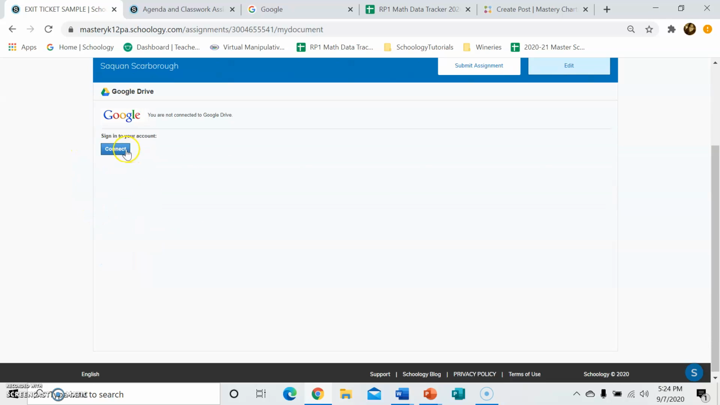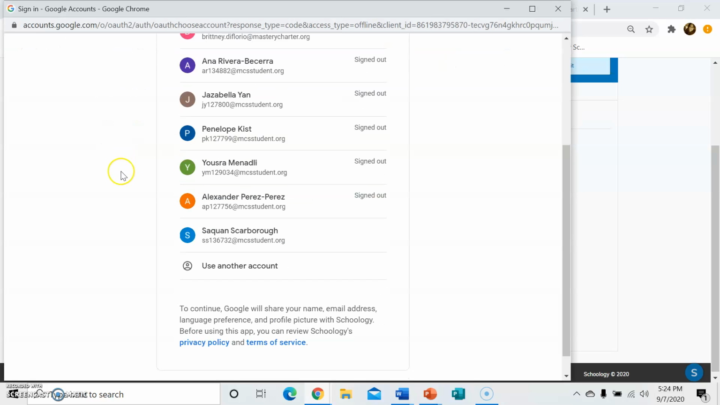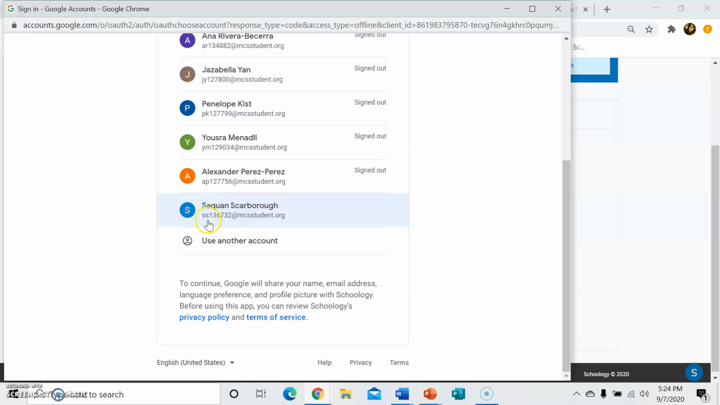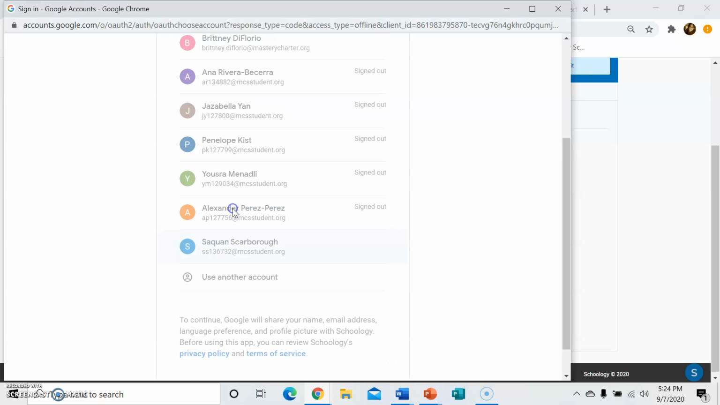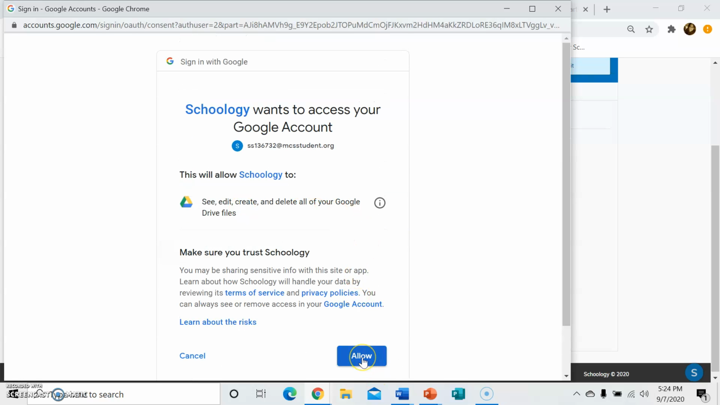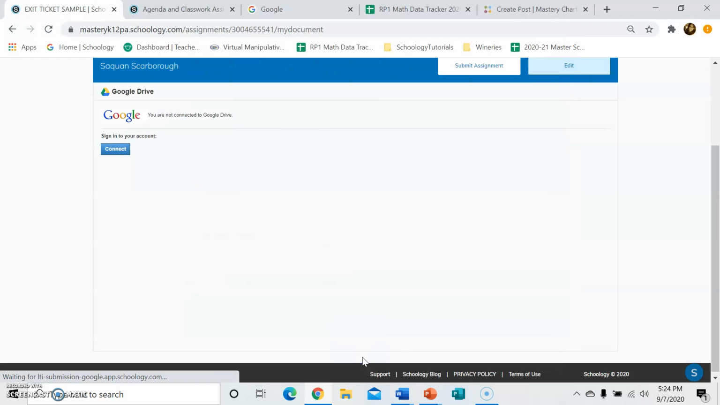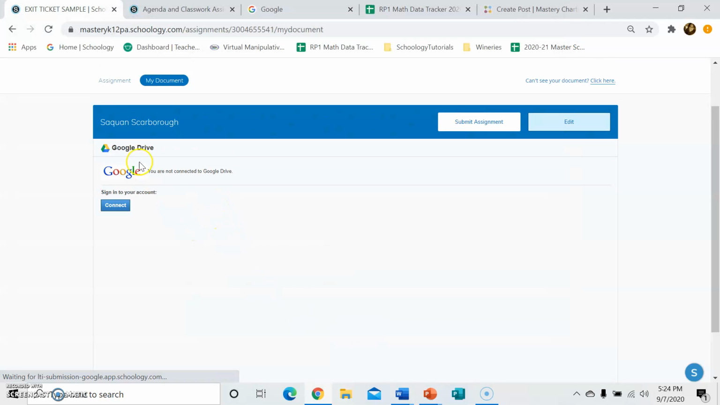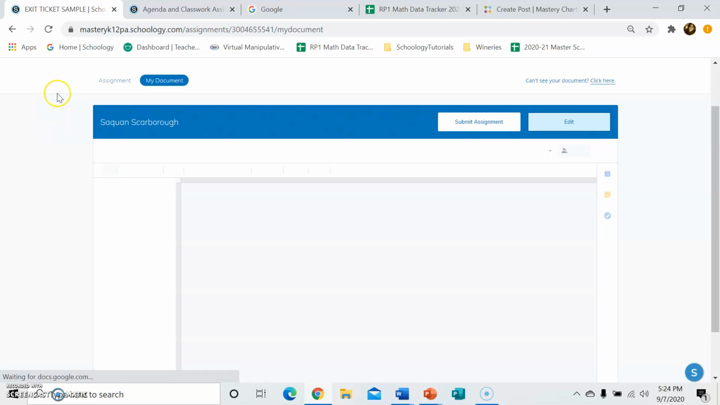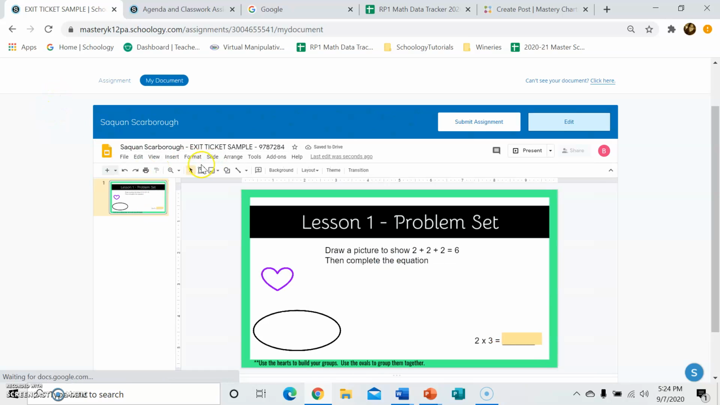You'll log into Google by clicking on the Connect button, and then by finding your name. It has to be your Mastery account, so it has to say @mcsstudent.org at the end, but you'll click on your name and then click on the blue Allow button. Once you have done that, you'll have to wait maybe 10 seconds, and then the exit ticket should pop up